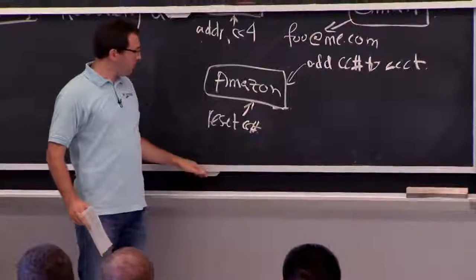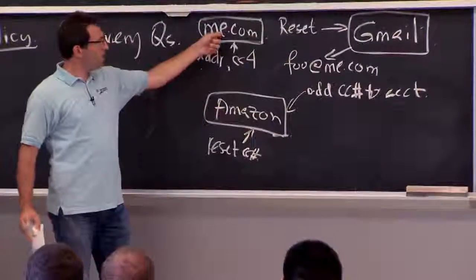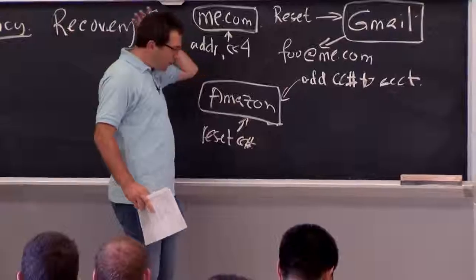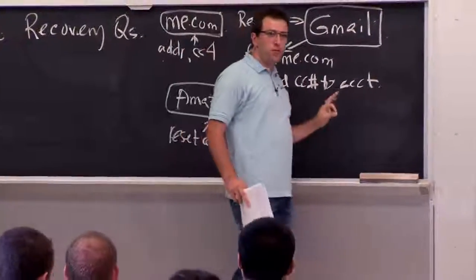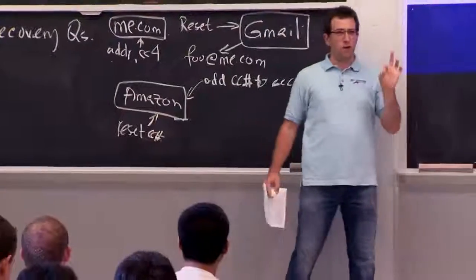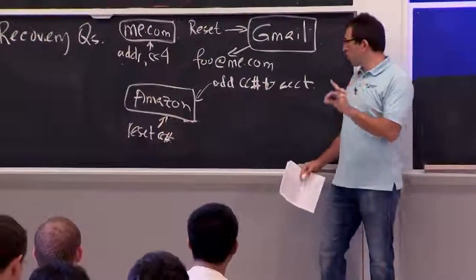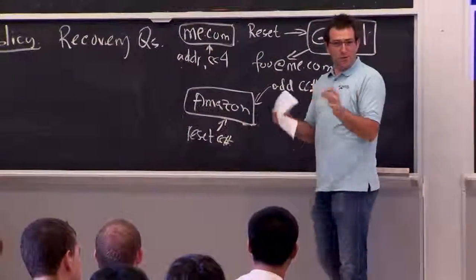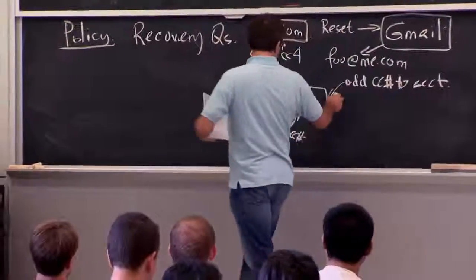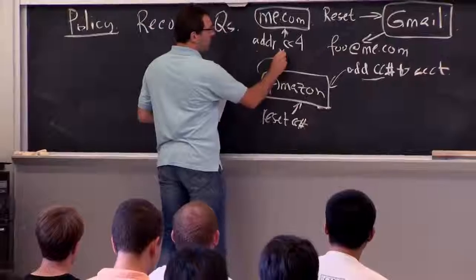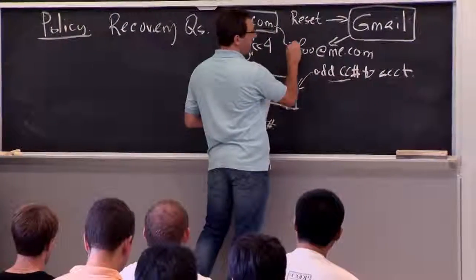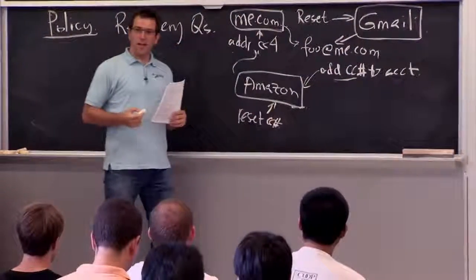But OK, how do you fish out the credit card number for resetting Apple's site? Well, Amazon is actually very careful. Even if you break into someone's Amazon account, it will not print you the saved credit card numbers from that person. But it will show the last 4 digits, just so you know which credit card you're talking about. So you can list all the credit cards other than the one you added. You can then go and break into me.com. You can click on this link and get access to the guy's Gmail account.